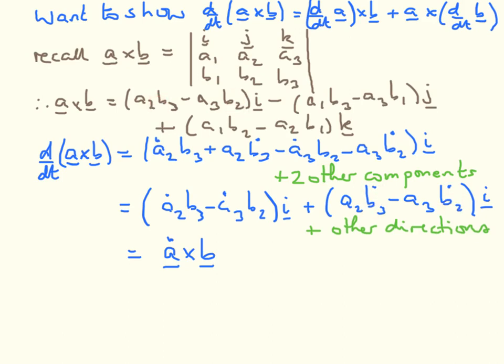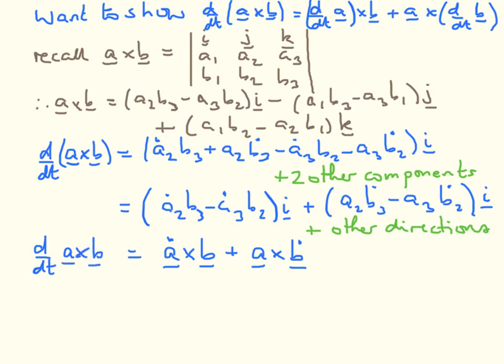So this is plus A vector product with the derivative with respect to our parameter time of B. And we can see here that the I component works and the J and the K components also work if you work it out. So what we see is that as we desired, the derivative of the cross product,